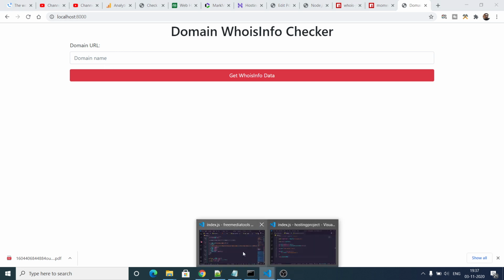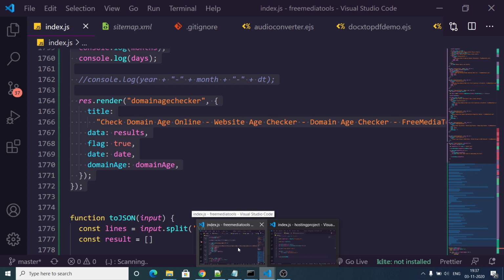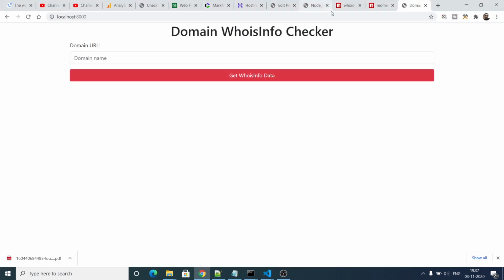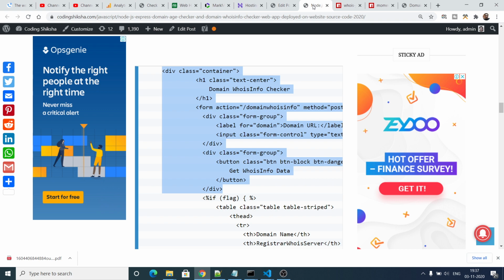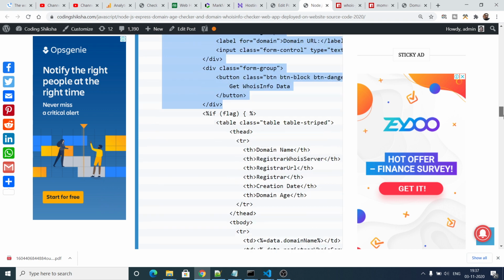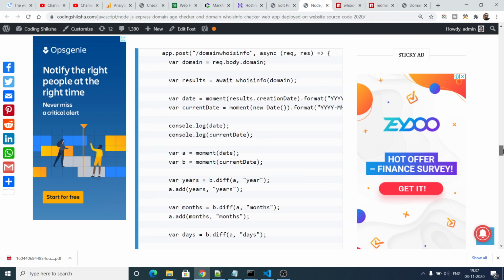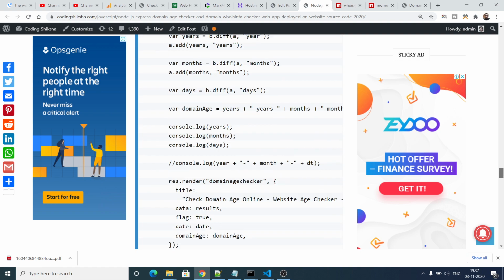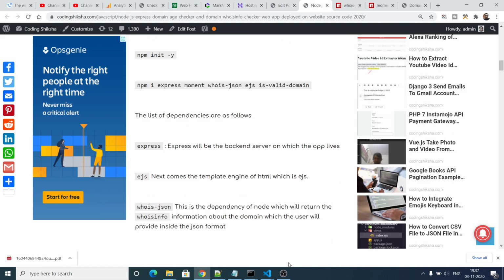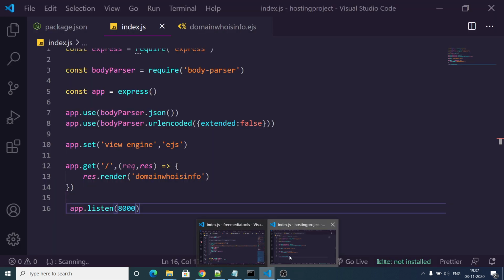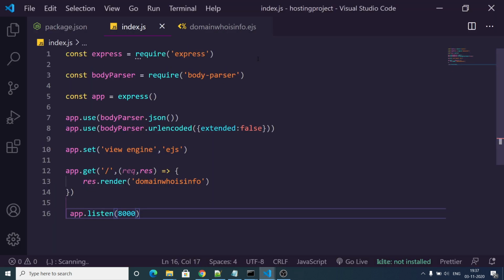So now we simply need to make the post request. First of all, we need to include the dependencies that we have installed here. So all the dependencies that we have installed.